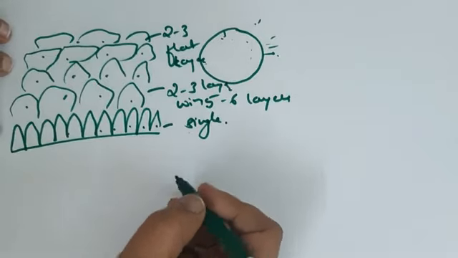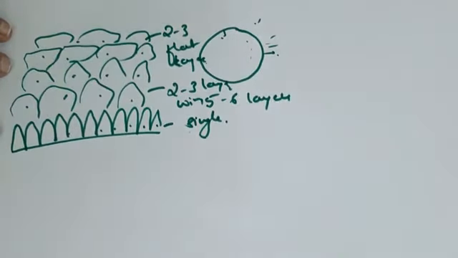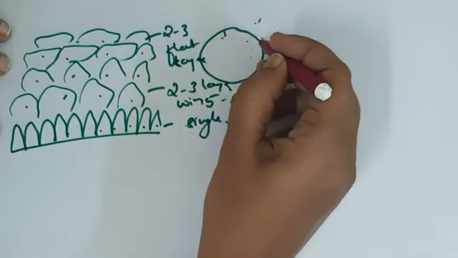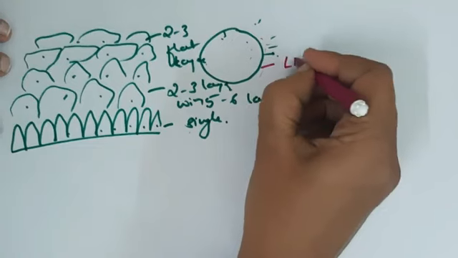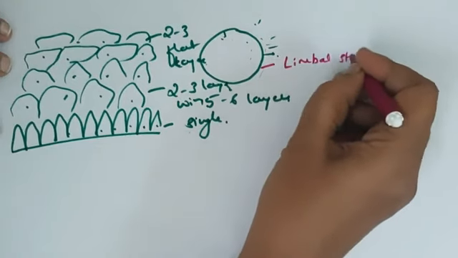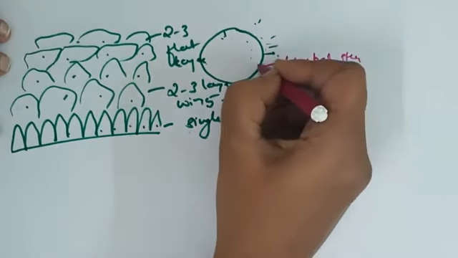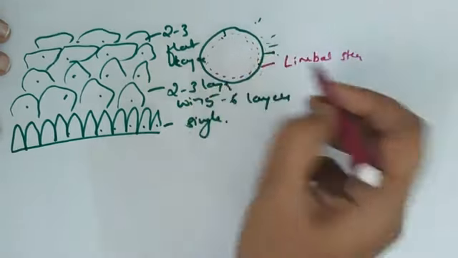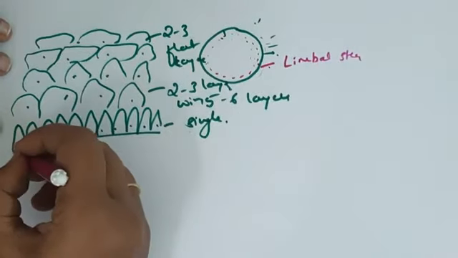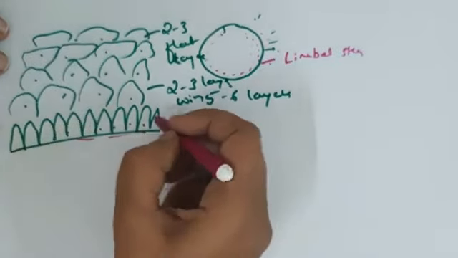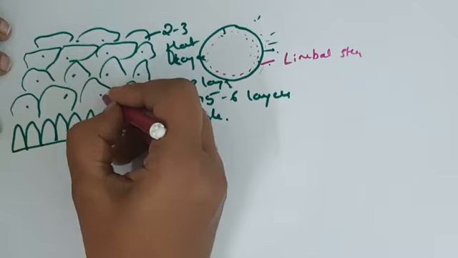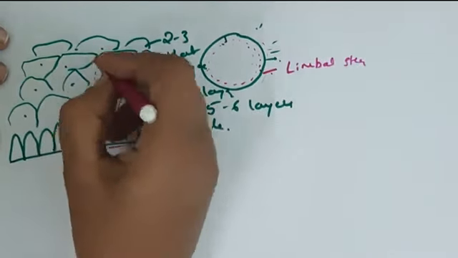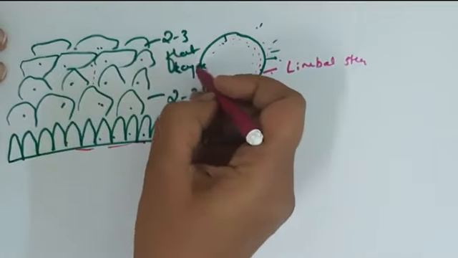So how are these produced? If you see in this picture, this is the cornea. We have the limbus here, that is the junction of the sclera and the cornea. And here we have the limbal stem cells. These have the capacity to divide, and they contribute cells to the epithelium. Once it is formed here, it forms the basal layer first. As the days progress, this will move on to the second layer, the 2 to 3 layered wing shaped cells. And again, as the days go on, it moves to the top and forms the flat cells.